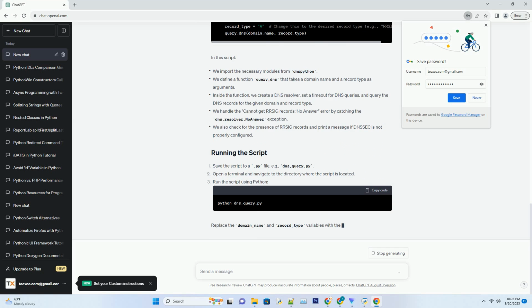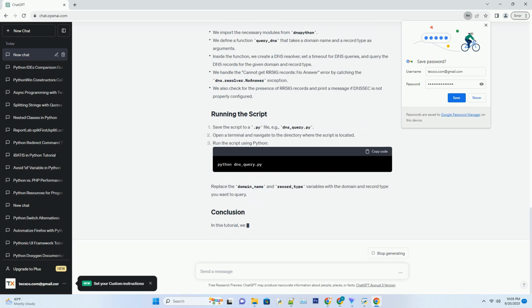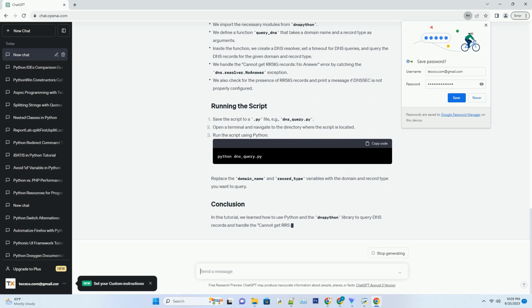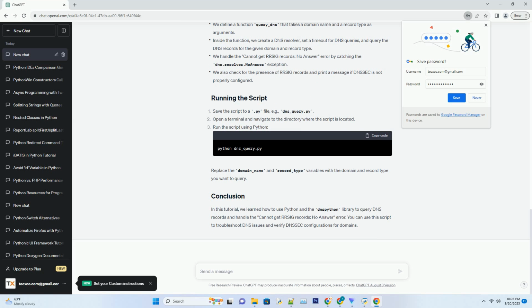RRSIG, Resource Record Signature, records are used to provide data authenticity and integrity through DNSSEC, DNS security extensions. When querying for RRSIG records, you might encounter the error cannot get RRSIG records, no answer. This error typically occurs when there are no RRSIG records associated with the queried domain or when DNSSEC is not